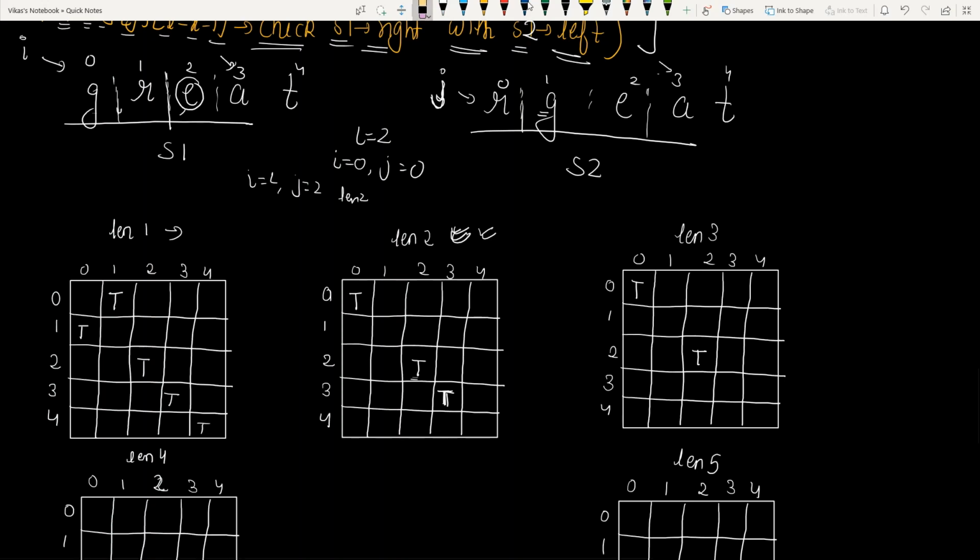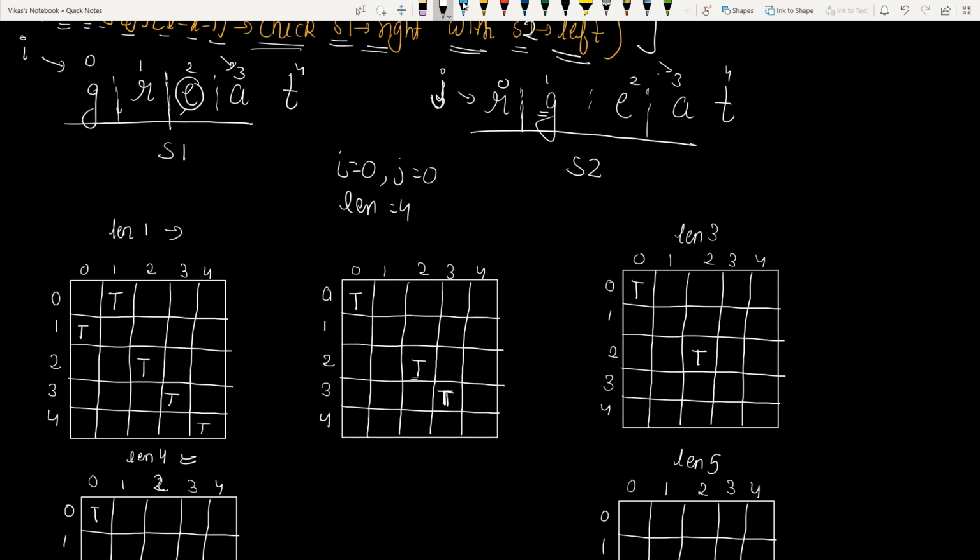Since these two conditions are true, we are going to put I equals 0, J equals 0, and length equals 4 as true. So length 4 is this one, I0 and J0 is this one. So this is true now.